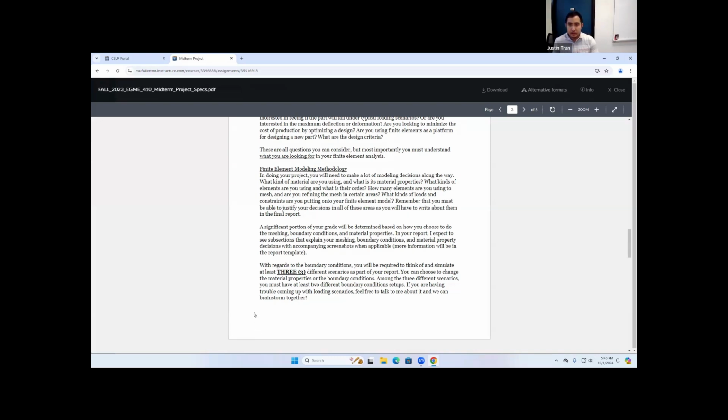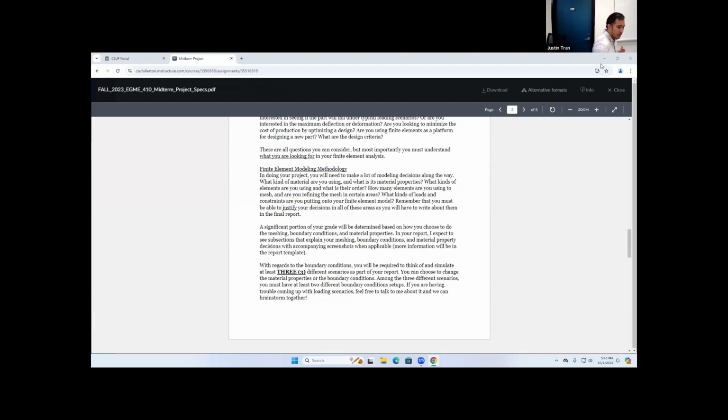Okay. I think I have the report template as well. So what I'm going to show you is the template for the final report, or the project report, and you'll see that there are explicit sections for meshing, material properties, boundary conditions. So I want you guys to really spend a lot of time talking about how you meshed your model, how you did the boundary conditions, and really justify every single condition or every single decision that you